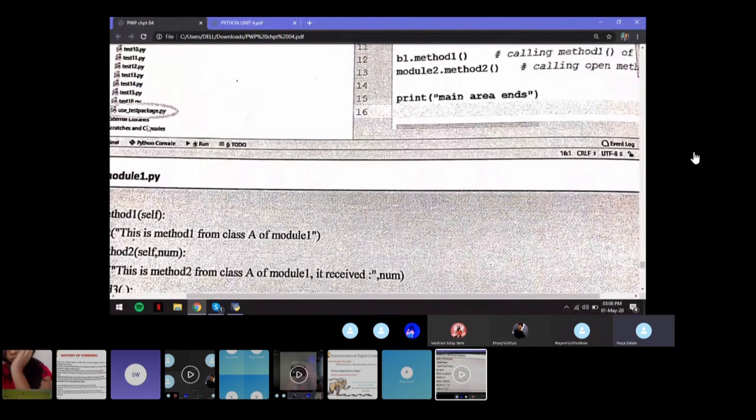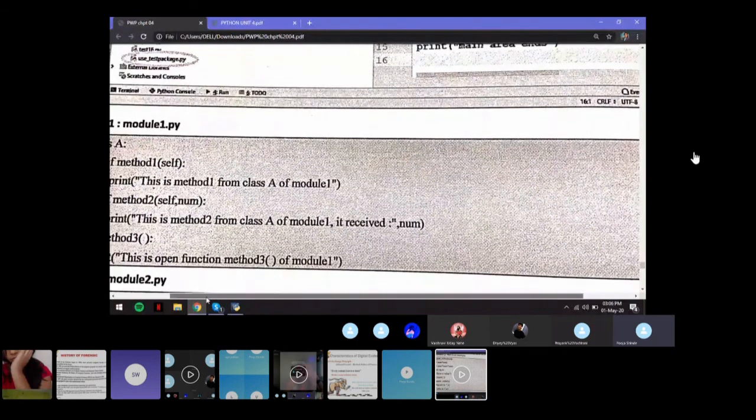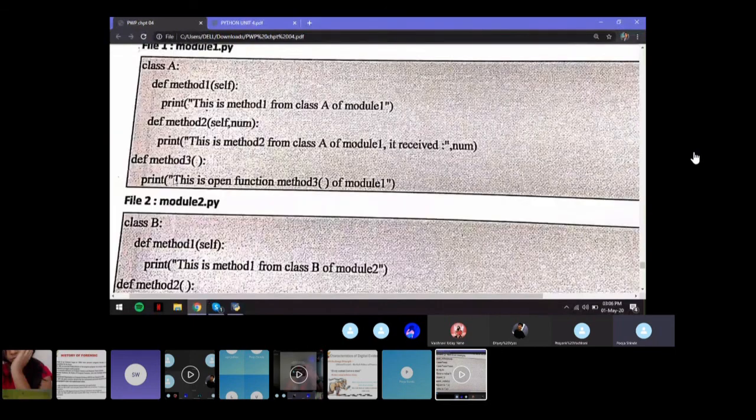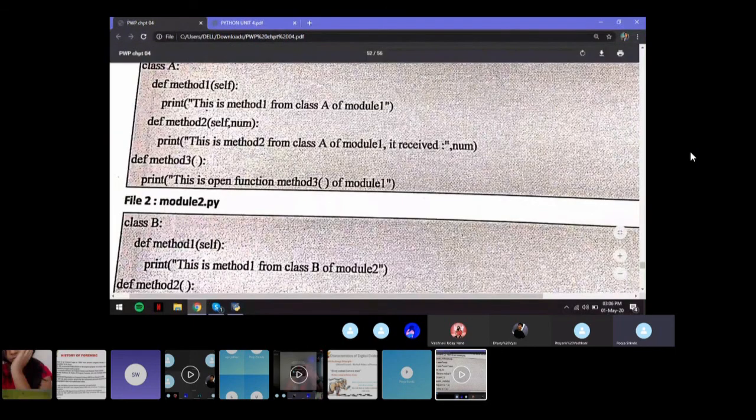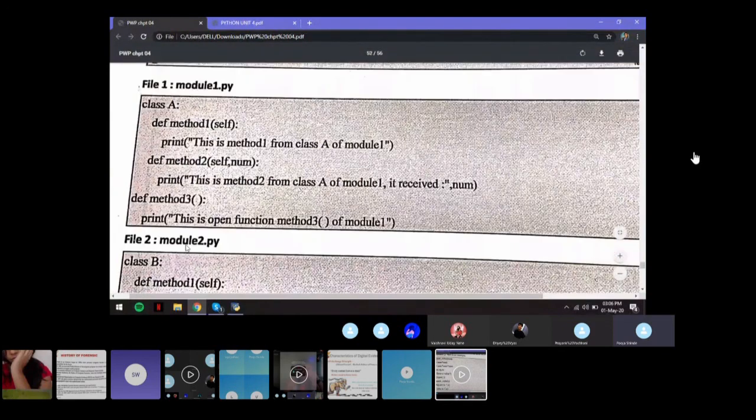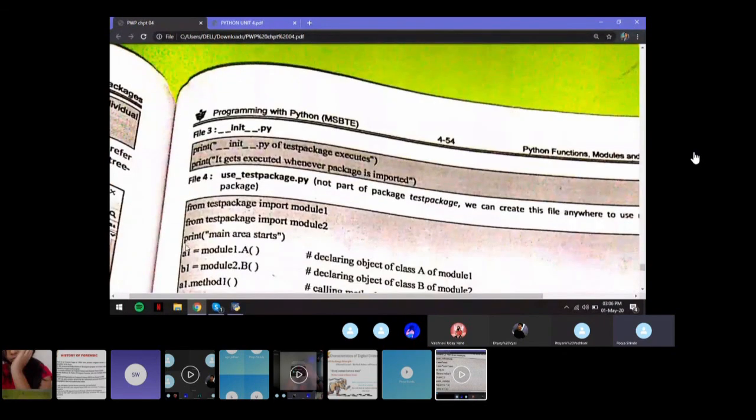And then you can use those modules anywhere that you want. So this is the code for module 1 and this is for module 2. And then you can use that package anywhere you want. Okay.